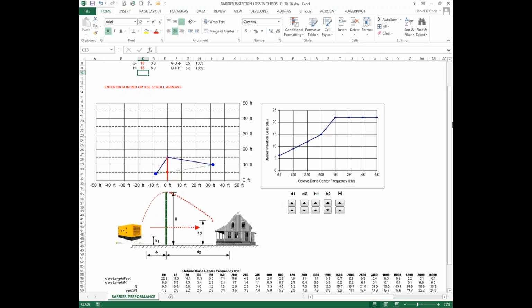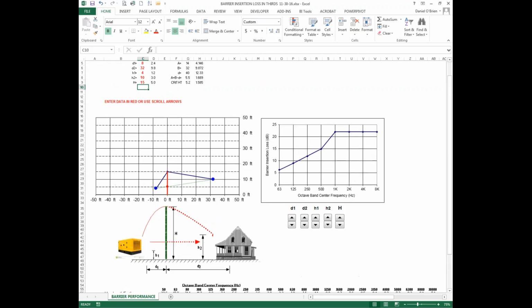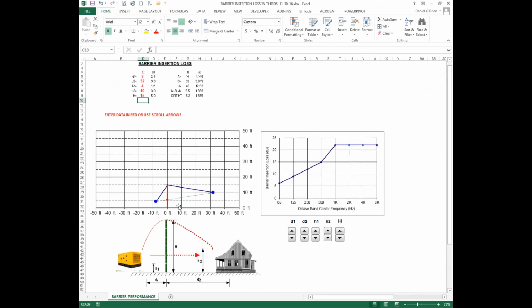We're reaching a maximum limit of about 22 dB in the higher frequencies, because even though the theoretical attenuation might be higher than that, in practical terms, you're really not going to achieve a much higher result than 20 to 22 decibels. If we start to change some of the barrier parameters,